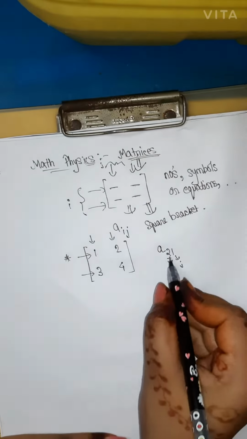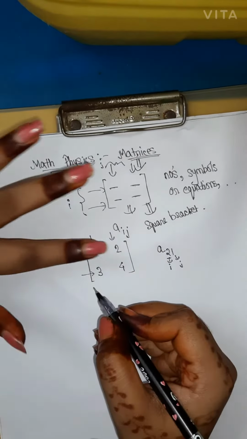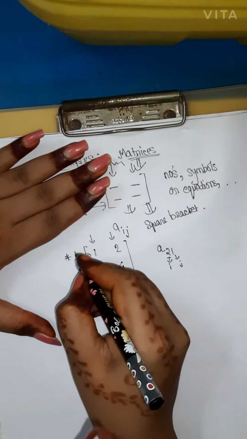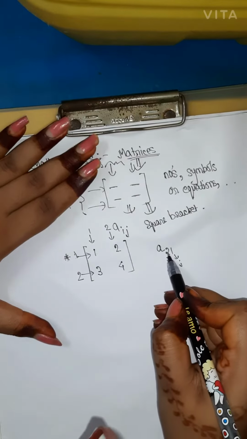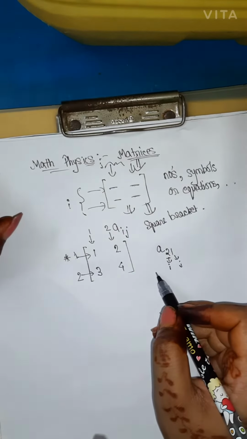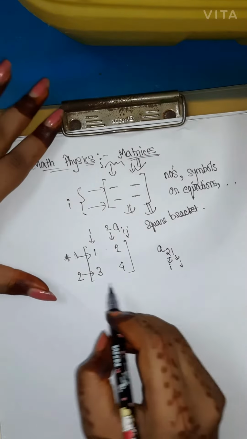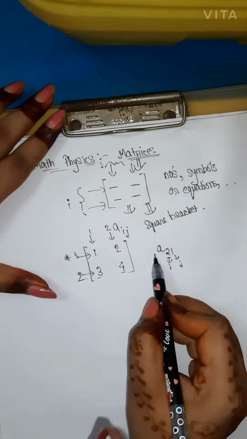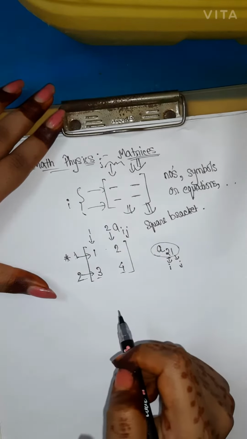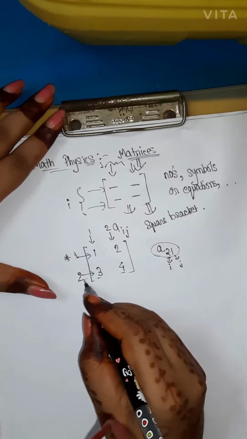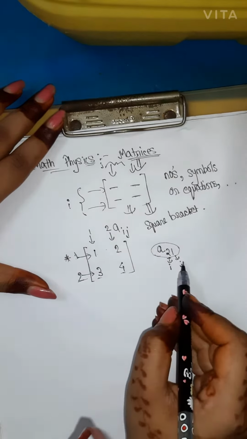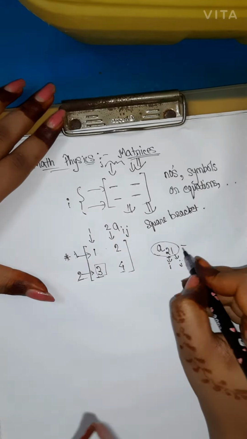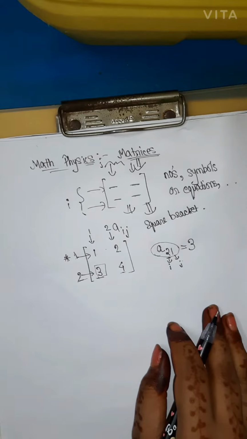Great. So for i we have been given 2, so we will skip the first row, as we are given A21, so we will have to go through the second row. This row is eliminated, but here also we have two elements, and the element is certain, A21 we are asking for. So now we will check for the j value 1. For j equal to 1 we have 3, so my A21 will be equal to 3. Clear?